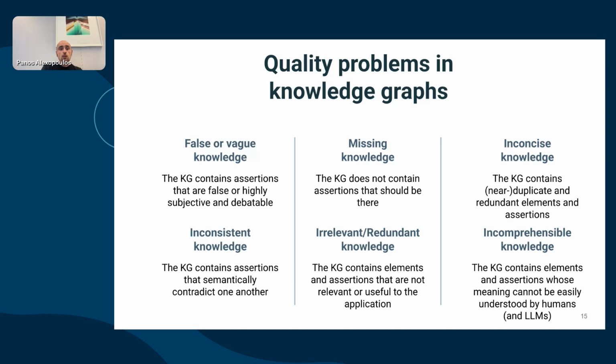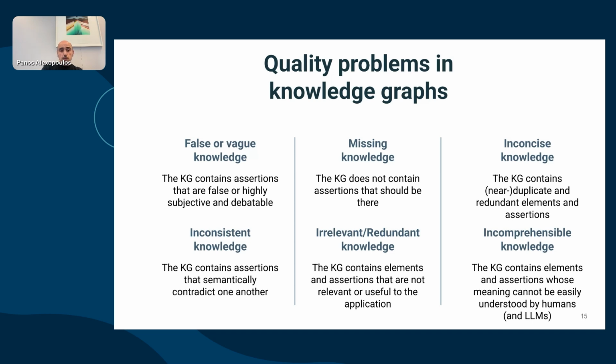That would be obviously wrong. So if we have a knowledge graph with wrong facts, with wrong assertions, this will provide wrong context to the LLM and to the RAG system, and therefore the accuracy, the correctness of the answers will be